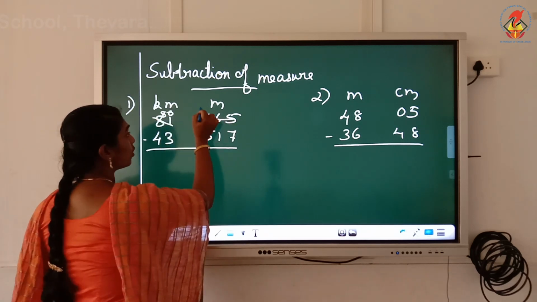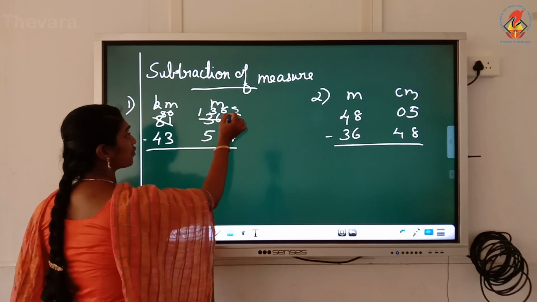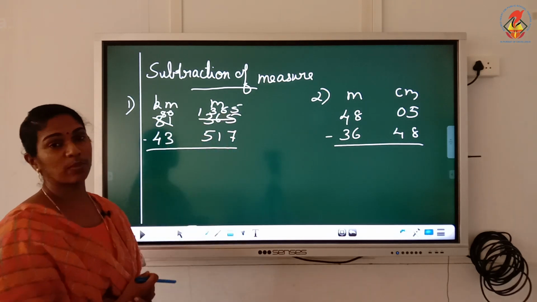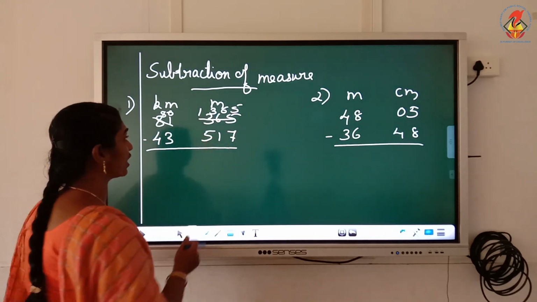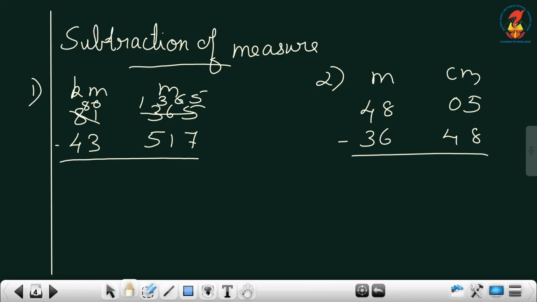This will become 1365. I add the 1000 to 1365. Now you can subtract this separately. What do you get? 5 minus 7 not possible. So you borrow. This is 5, with 15, you get 8 here, 5 minus 1 you get 4, 3 minus